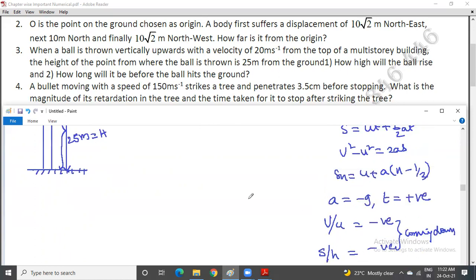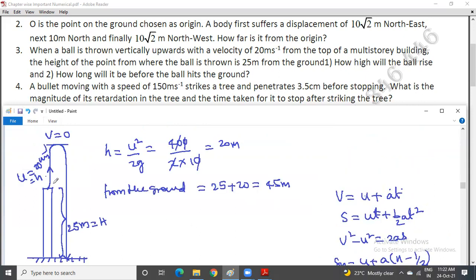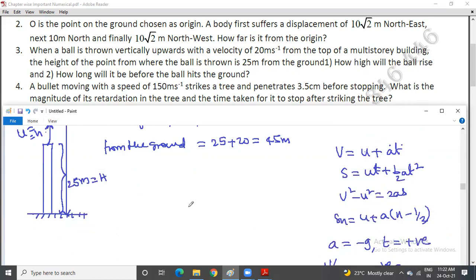Now, at the time of throwing, velocity is provided upwards. So therefore u is positive. But the displacement, the particle is going to get downwards. So therefore, make use of S equals ut plus half at square. Now the body is going to have displacement negative because it is finally coming downwards.